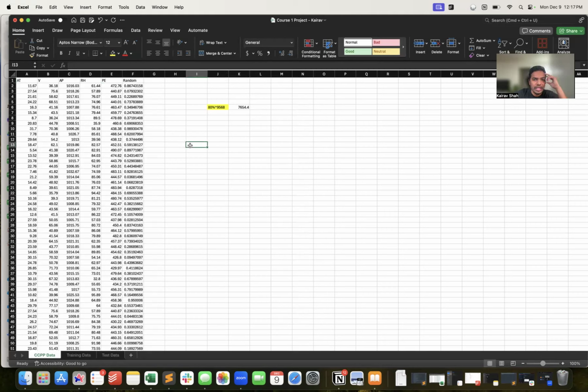Initially, when it comes to model selection, there were two models which I considered. When I went through the Wikipedia article for the combined cycle power plant, it was pretty evident that all of these variables have some kind of relationship with the target variable. All four features have a relationship with the target variable, and the data is in a tabular format. So the two models I was considering were regression with multiple variables, multiple features, and